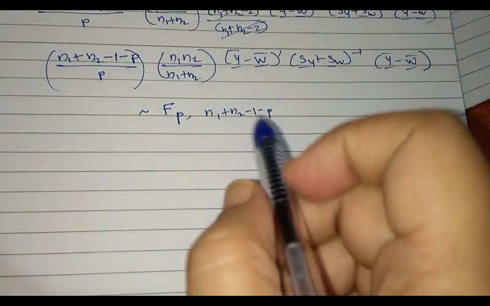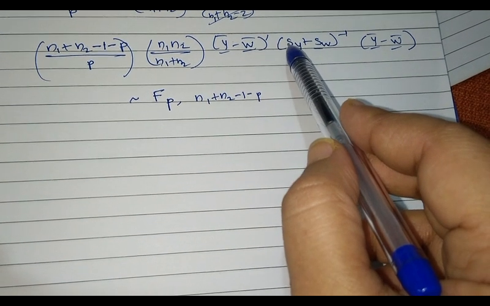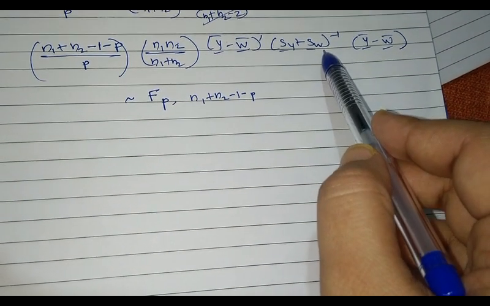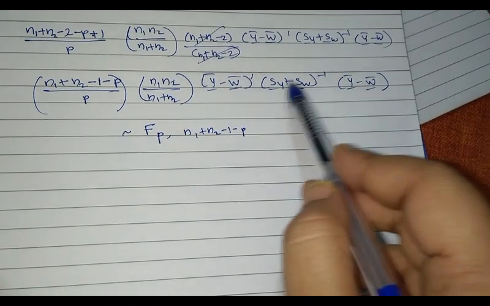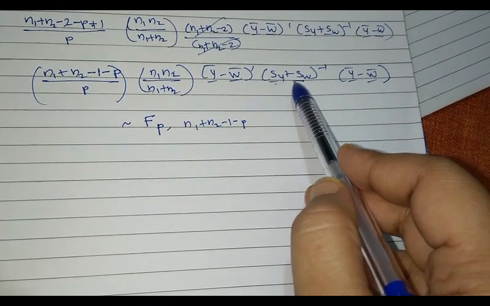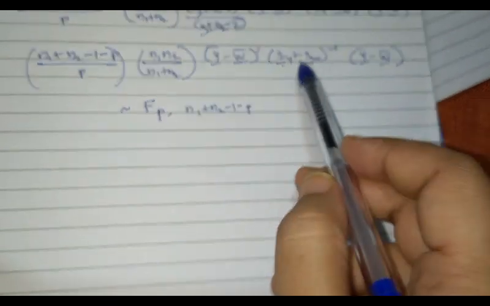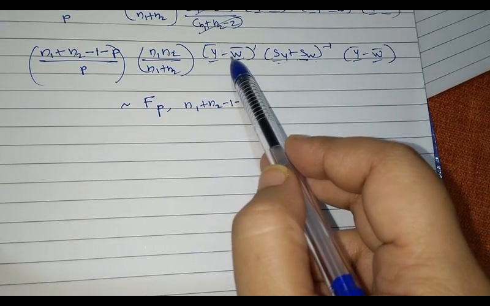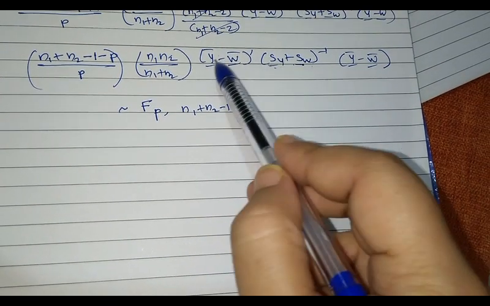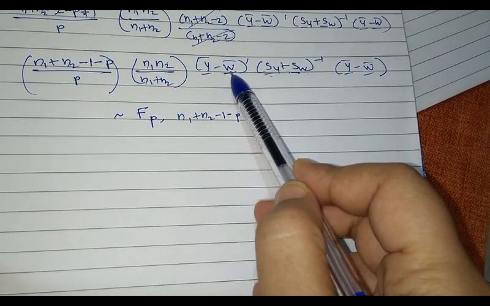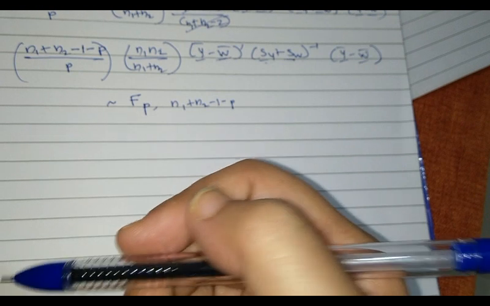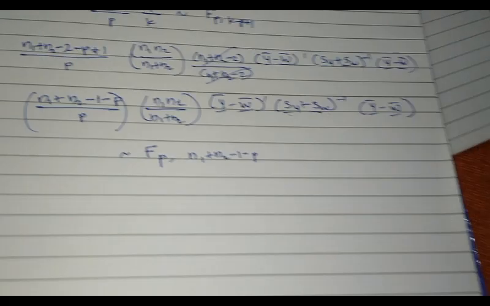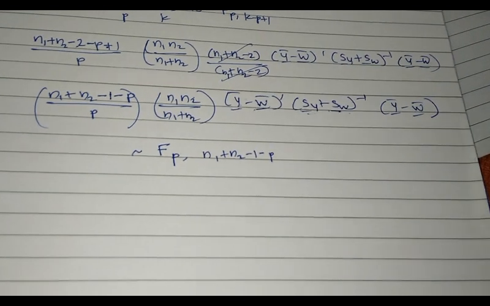You can see here SY plus SW, you have to remember they are CSSP matrices, they are not estimates of variances, so you have not divided by N1 and N2 as of yet. But other than that, this is something expected. If the difference between the two sample means is 0, then you expect H0 to be true. So this is the second case, that is when you want to compare two separate populations.